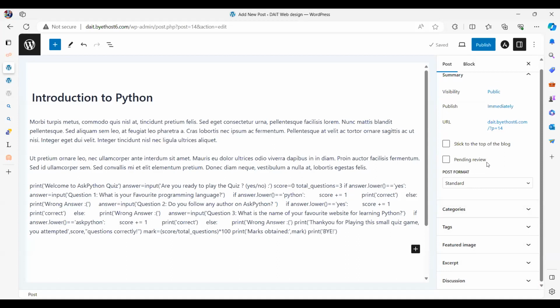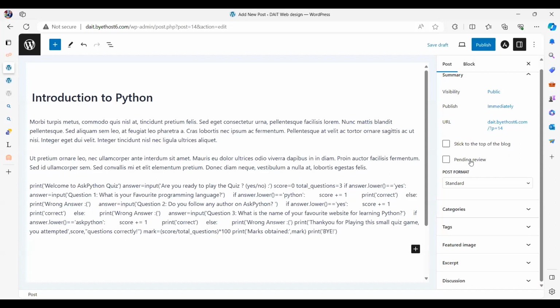So this is another interesting one, pending review. Sometimes this can be a collaborative effort where there are so many different people editing articles. Let's say in a university, if you take SLTC, we do have an IT faculty, we have a management faculty, we have various other faculties. So we can assign one editor from, let's say, the management faculty, right?